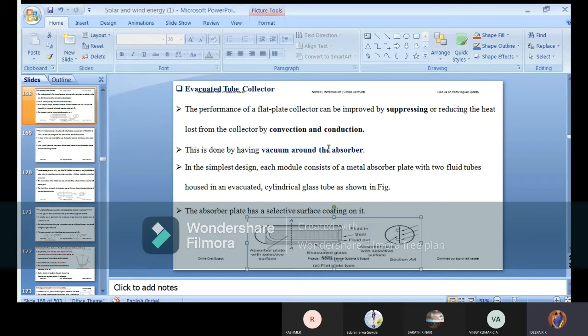What exactly is convection? Everyone is familiar with coffee. We drink coffee, tea, or any heated liquid. We boil it, keeping it on a stove. Let us consider you have kept milk inside a container and started giving fire. The fire has contact with the container, and because of that the liquid, water or milk, starts heating.